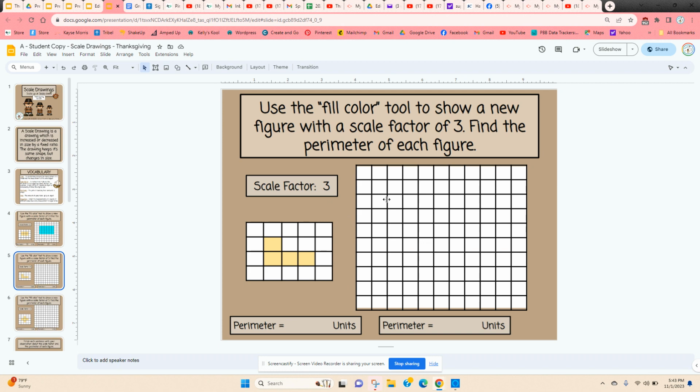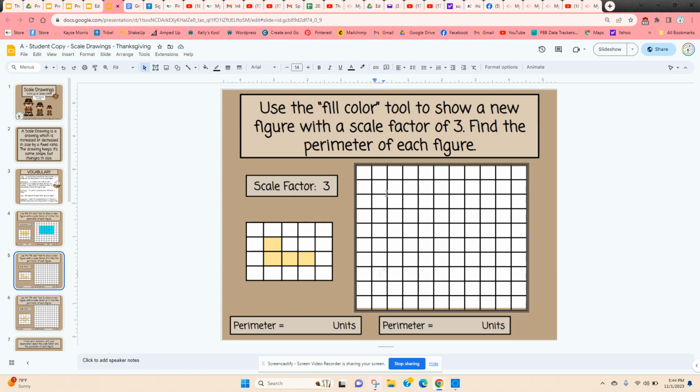Now the next figure is just a little bit more difficult. Here we're going to scale up by a scale factor of 3. So each of the sides we're going to increase by multiplying by 3. Here we're going to have a side of 6. Again, click and hold in one of the squares, and while you're holding down, scroll across until you have the number that you want to